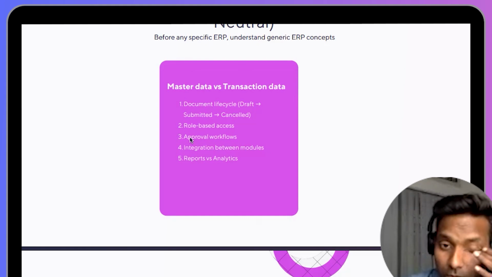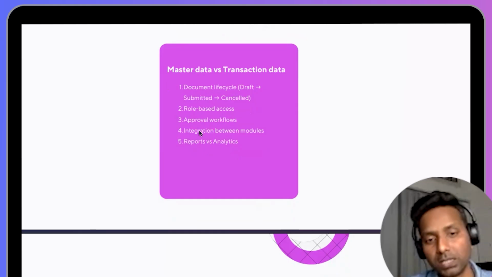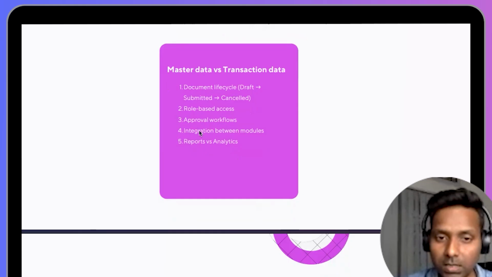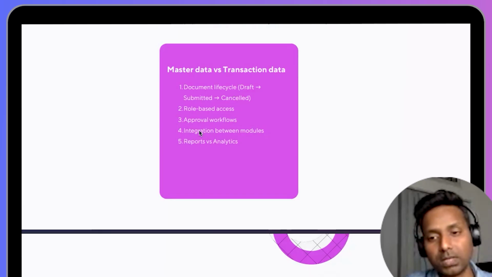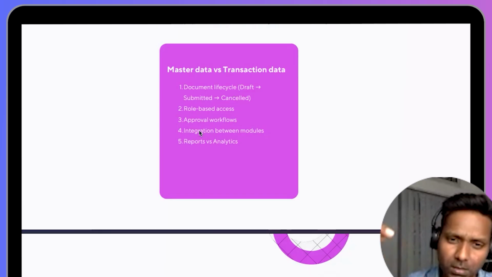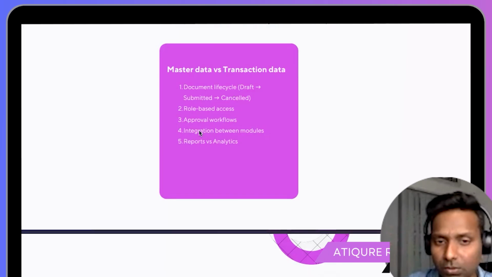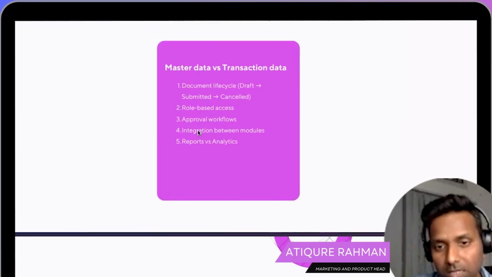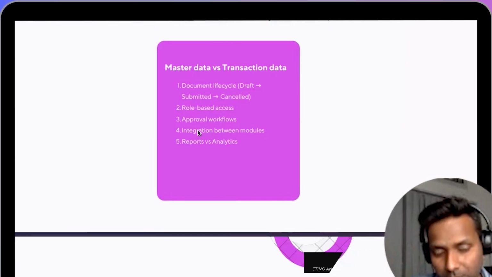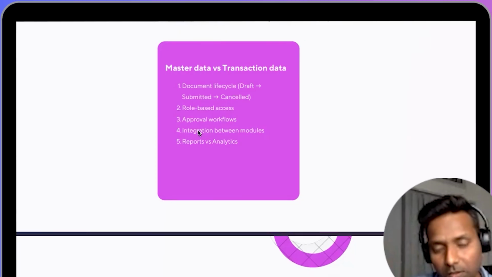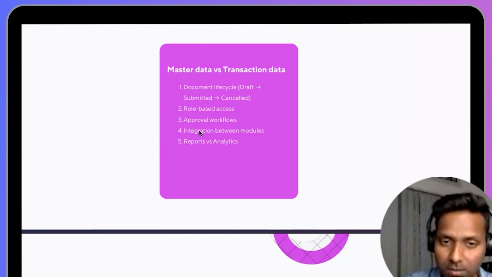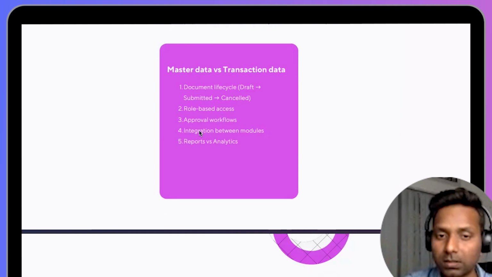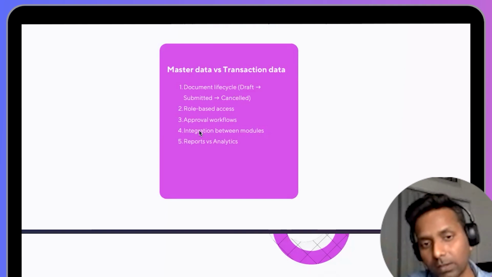Also, when you are implementing ERP, it is very important that all your modules are integrated. If HR is generating the payroll, then it should immediately affect your accounting modules also. So whenever you are choosing any ERP, you want to see how integrated things are, and you have to understand that after HR passes the payroll, it is not the case that the account team again has to pass the payroll entry in their books of account.